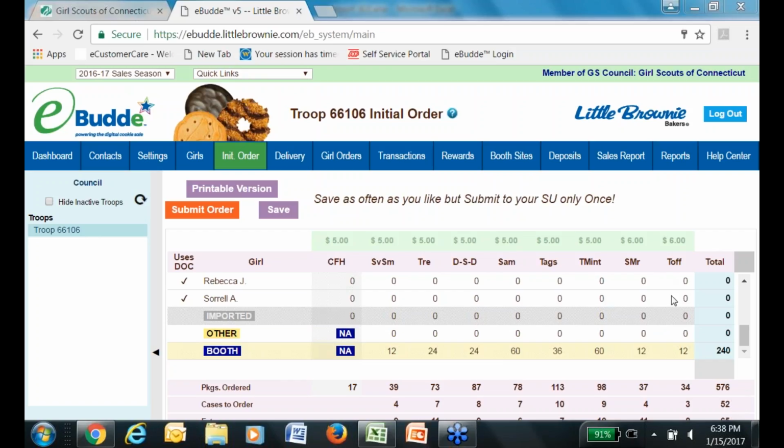So let's say here our Toffee-tastics. We ordered 34 boxes of Toffee-tastics. But when we go to pick up at our drive-through delivery site, we're going to get 3 cases. So that's 36 altogether. And I know it's a little hard to see down here, but you're going to have 2 extra boxes of Toffee-tastic